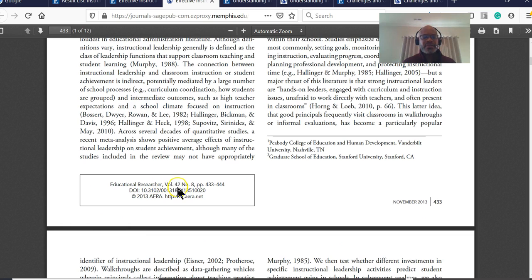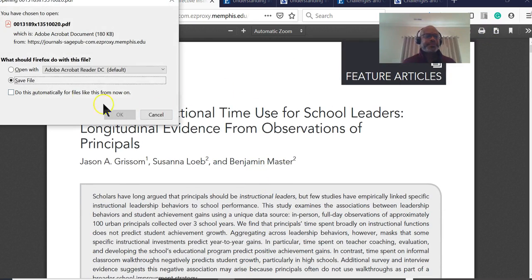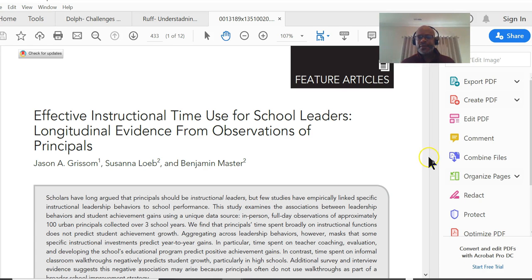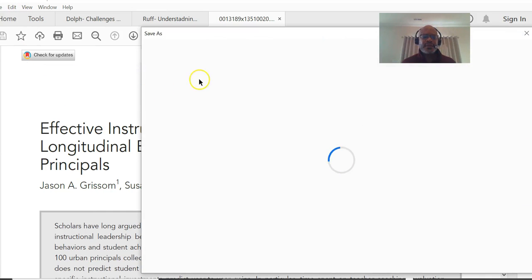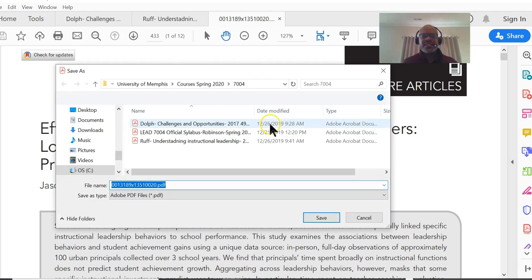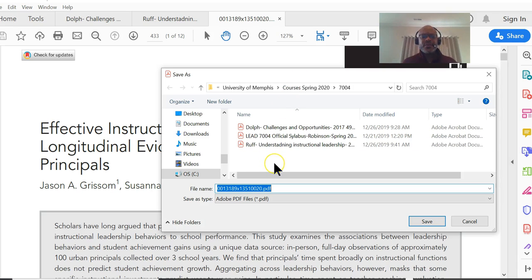We'll see it's Educational Researcher, 42.8, 433 to 444. First thing I'll do is save this. So I'll do save as, Grissom. If you get to reading a lot of school leadership articles, you're going to run across Jason Grissom. After you get used to all of these things, you start recognizing names. Once you start recognizing those names, you're talking about significant writers and contributors towards educational leadership. So, Grissom,